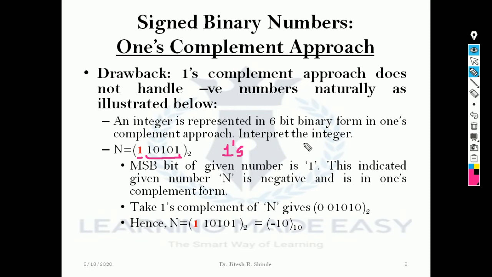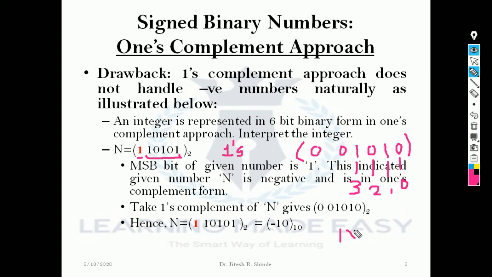Okay, so the one's complement will give us 0, 0, 1, 0, 1, 0. Now, using the knowledge of the positional number system, we can find the magnitude. What's the position here? 0 is position number 1, this is position number 2, and this is position number 3. The other bits I am not bothering with, since these are 0.